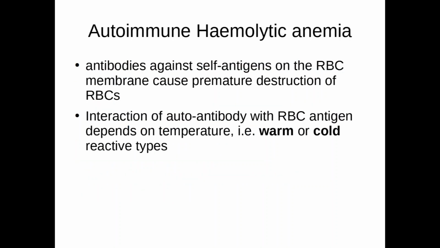Moving on to the last topic, that is autoimmune hemolytic anemia. I already told you the difference between autoimmune hemolytic anemia and hemolytic disease of newborn. In autoimmune hemolytic anemia, one's own antibodies will go and attach to one's own RBCs and it will undergo various types of hemolysis. Based on the temperature at which the antibody binds to the RBC, it is categorized into two types, that is warm type or cold type.